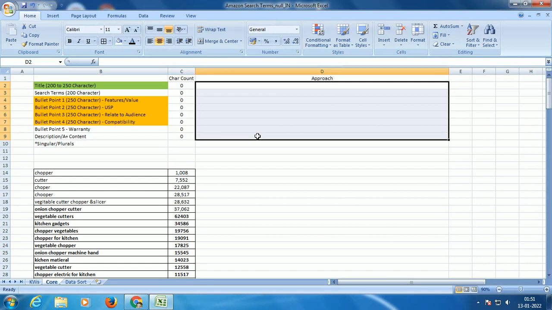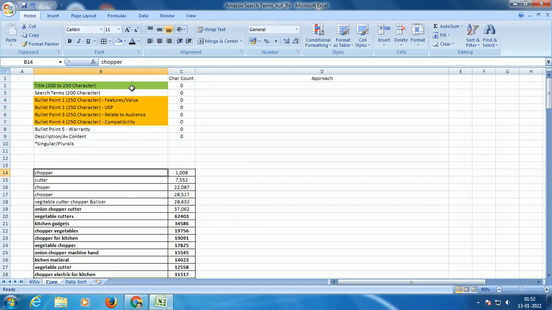So when it comes to title, firstly I have formulated this Excel spreadsheet. Now we have a list of 160 keywords here. The title is your main place for Amazon to relate your product to various customer search terms. When a customer is searching for a keyword, Amazon will firstly check the title.